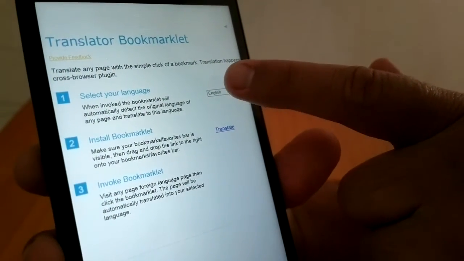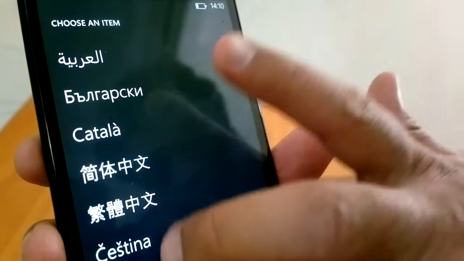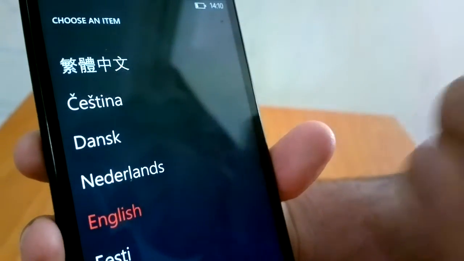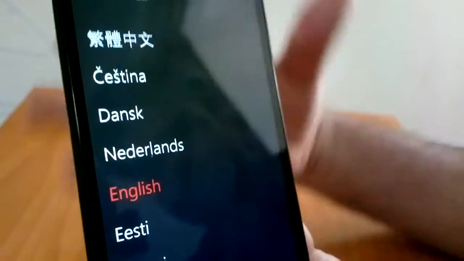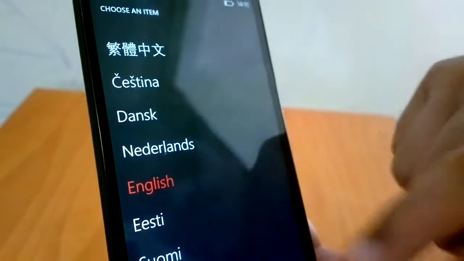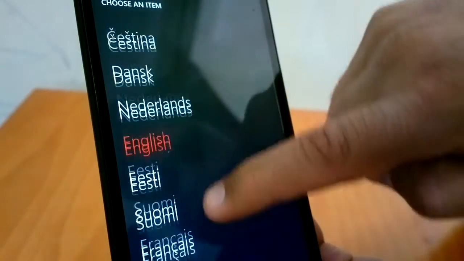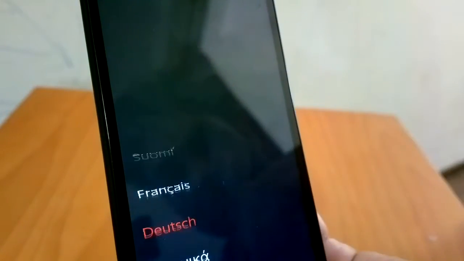So this default is English. You can select any of the languages that you wish this Internet Explorer to translate the web pages to. So let us say we selected Deutsch.